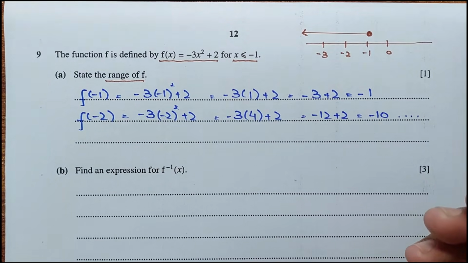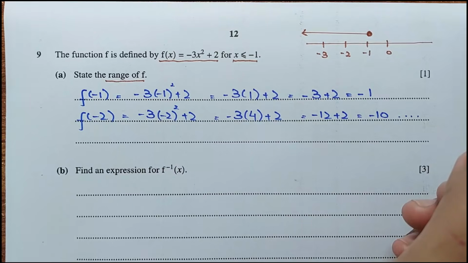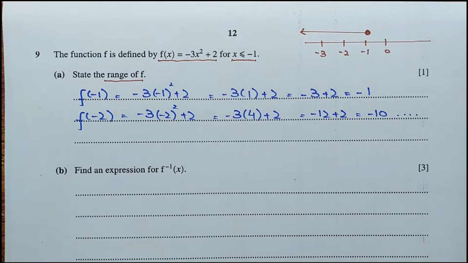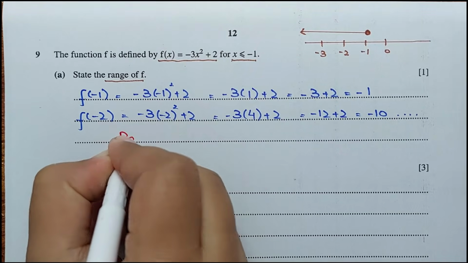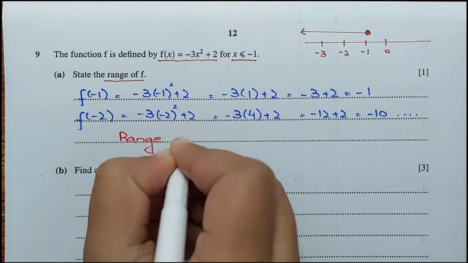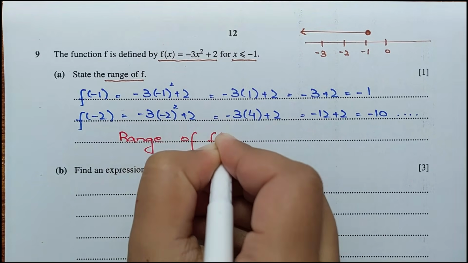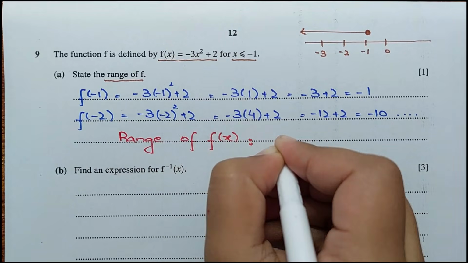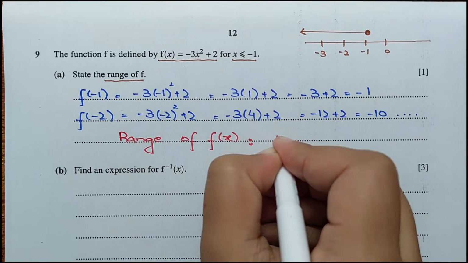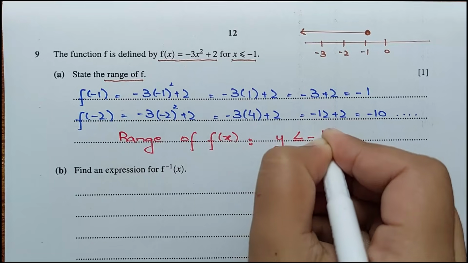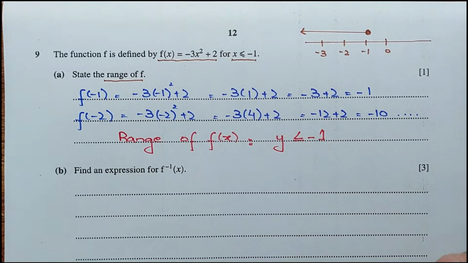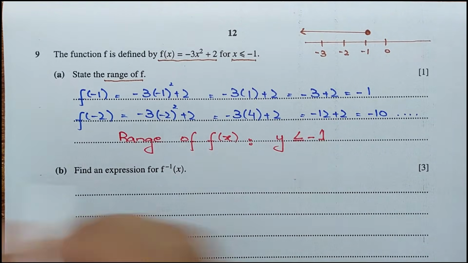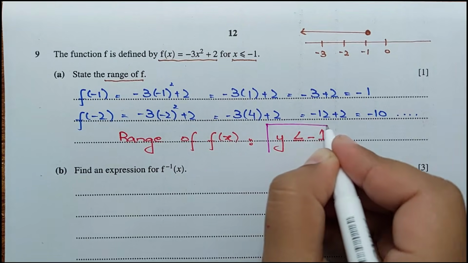So with the help of this, we can assume that when you give the input -1, -2, you're getting outputs which are -1 and less than -1. So here we can say the range of f of x is y values. We can say the y values are less than or equal to -1. That is the range of the function. Okay,